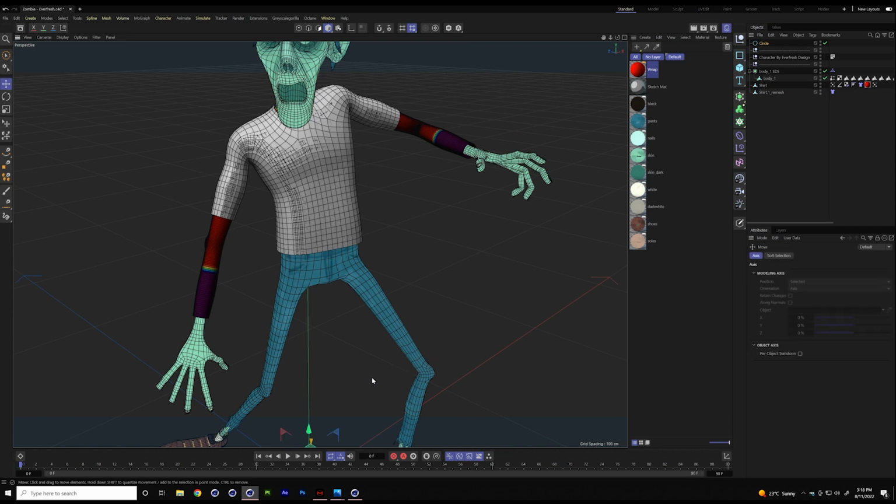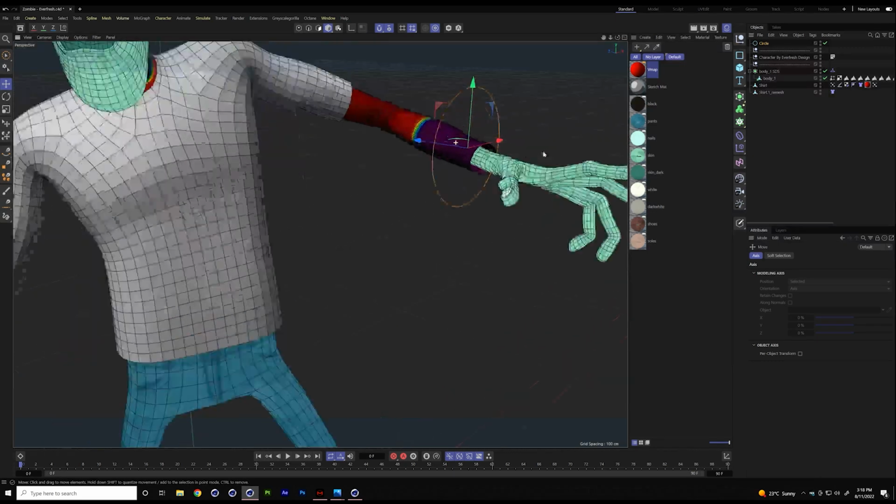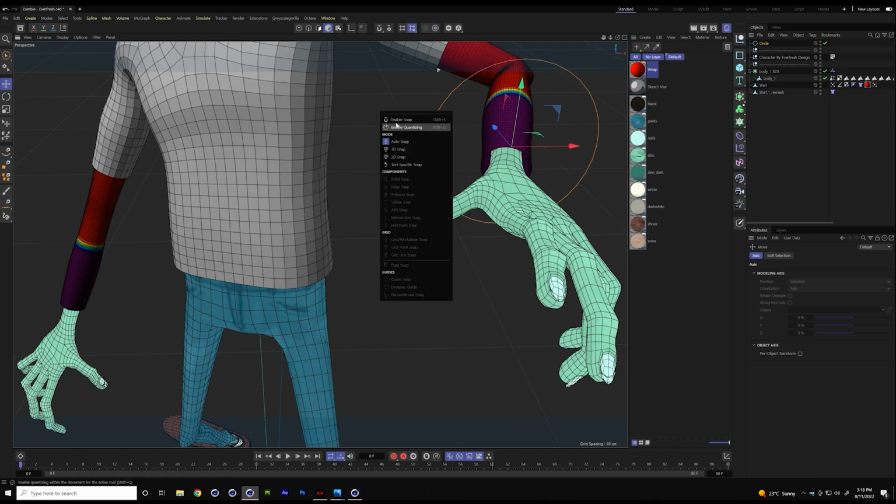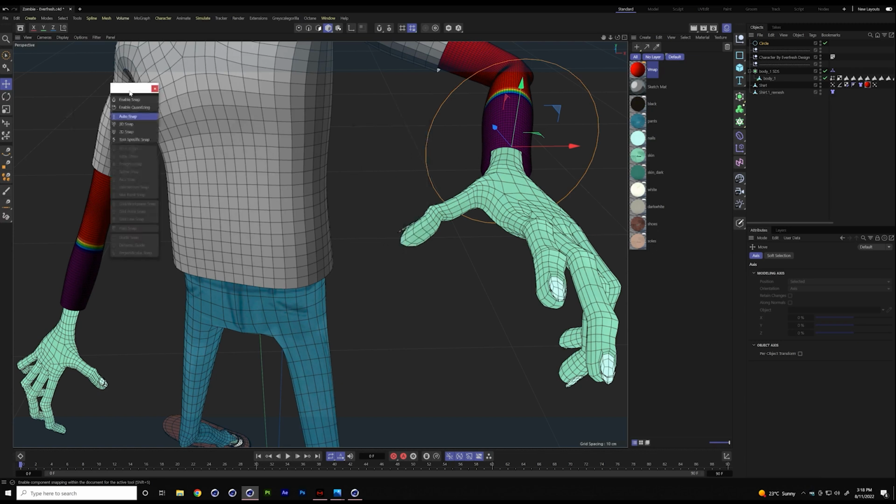I'm going to get my move tool and move it around. I want to put it right here, so I'm going to use my Shift S to activate my snapping. There we go. Just put this guy somewhere here. Lovely. Turn off my snapping. Don't forget to turn off your snapping. If you want to see what you're doing, press P, click here to undock it. This is my preferred workflow, so you can always see if snapping is enabled or disabled.